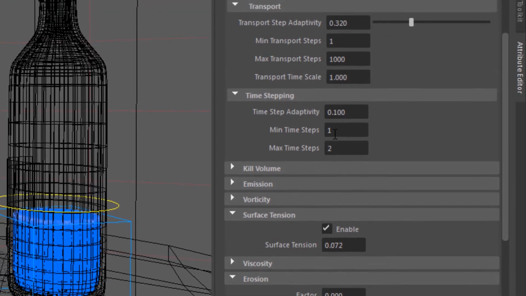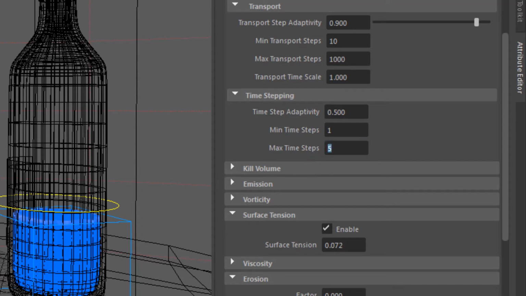Of course, more iterations can result in much better accuracy. So for now, I'm going to set my step adaptivity to 0.9. I'm going to start with transport of 10. In my time step adaptivity, I'm going to increase this to 0.5, and maximum step, I'm going to set this